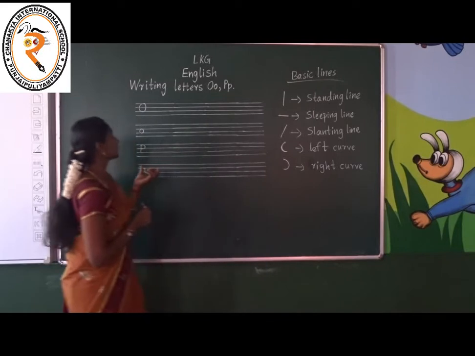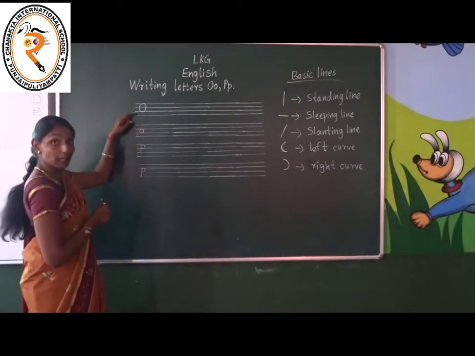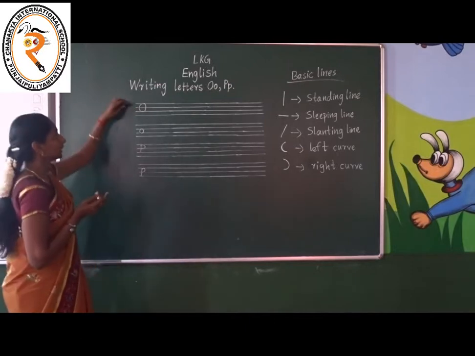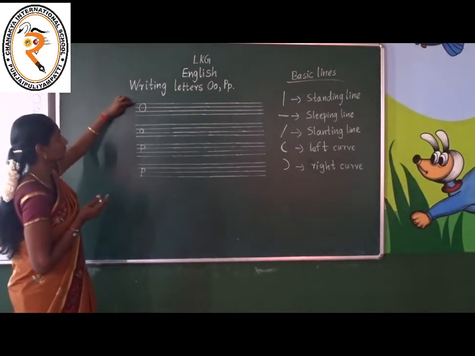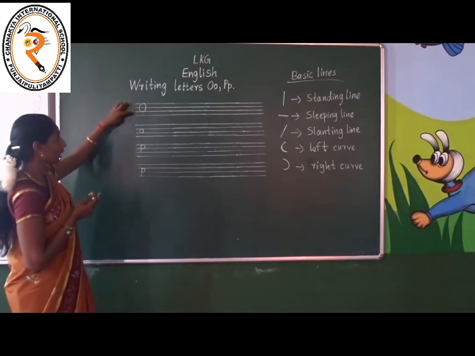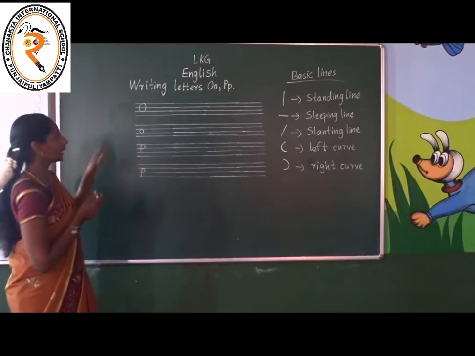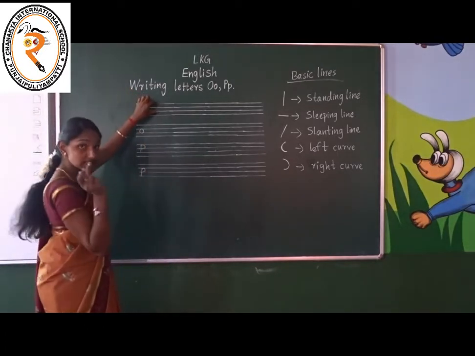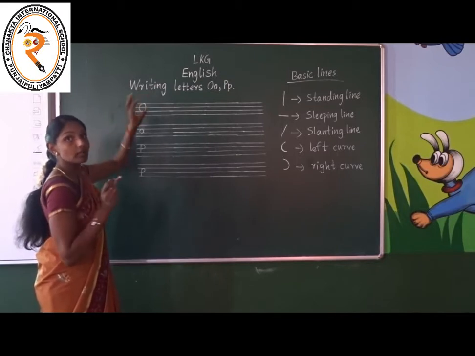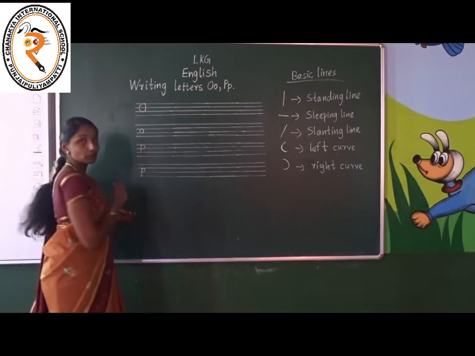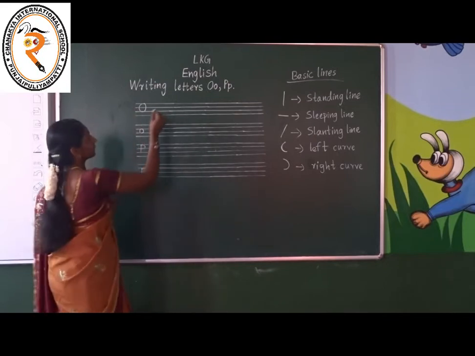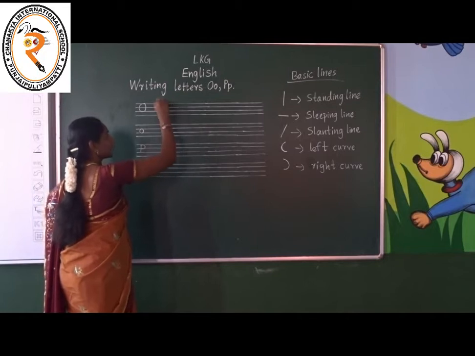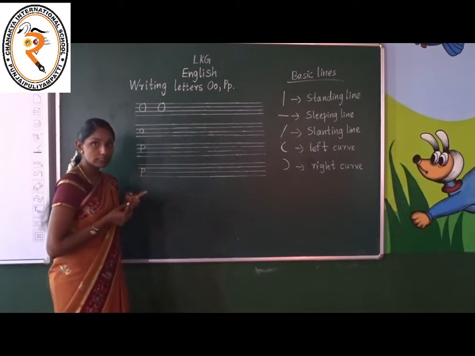Come on. Now we are going to write first the capital O. What is it? Capital O. Children, have you noted in your note you have 4 lines. 1, 2, 3, 4. Okay. You have to be clear with these 4 lines. To write capital O, you have to use the first 3 lines. To write O, you have to put a circle. Start at a point, left curve and end up with the right curve. How does it look? It looks like a circle.